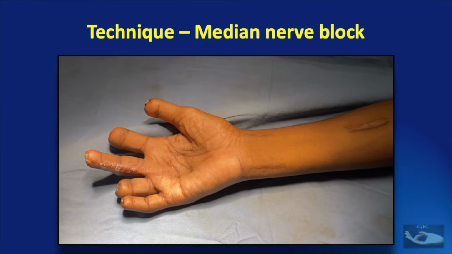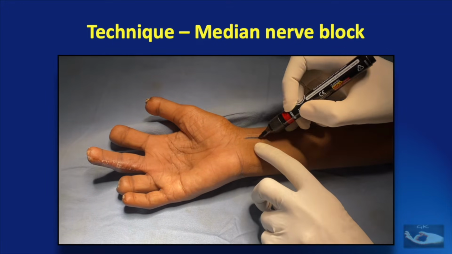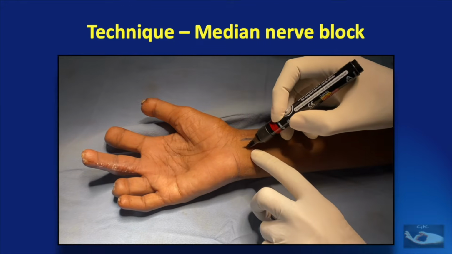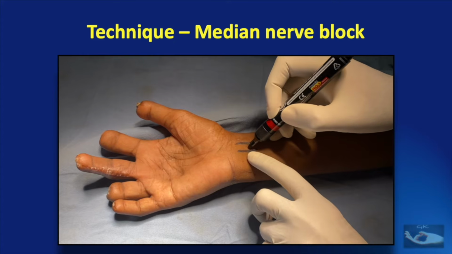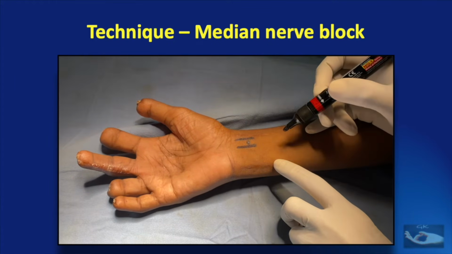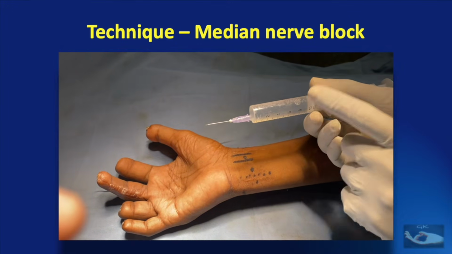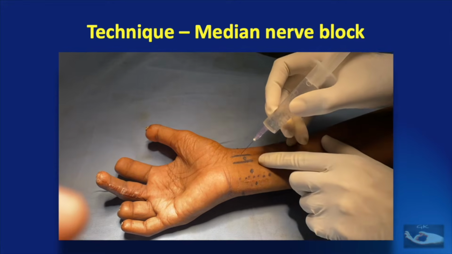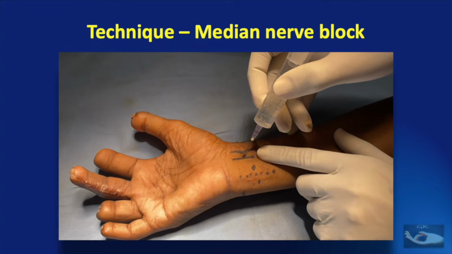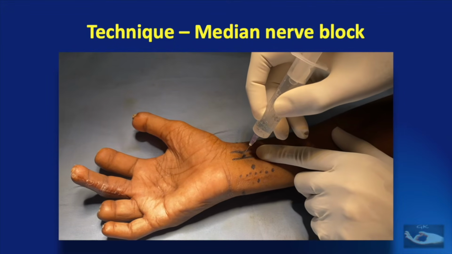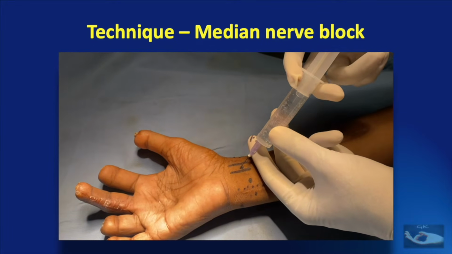Under aseptic technique, after informing the patient, the flexor carpi radialis and palmaris longus tendons are marked as already described, and a point in this space between the tendons about 3 centimeters proximal to the wrist crease is also marked. 9 ml of anesthetic solution is loaded as described. The needle enters the designated point at a 45-degree angle and is advanced to hit the bone. It is then withdrawn for about 2 mm, and after aspirating and making sure it is not in a blood vessel, the injection is made.